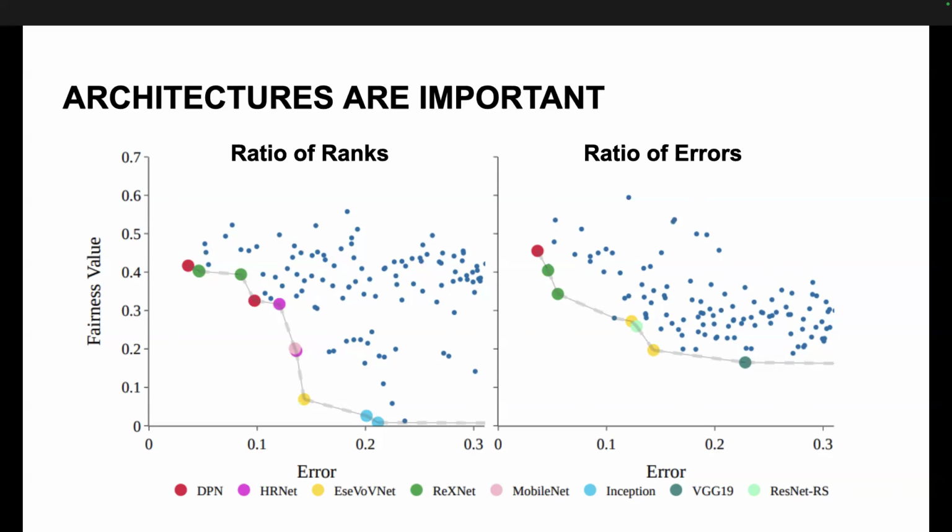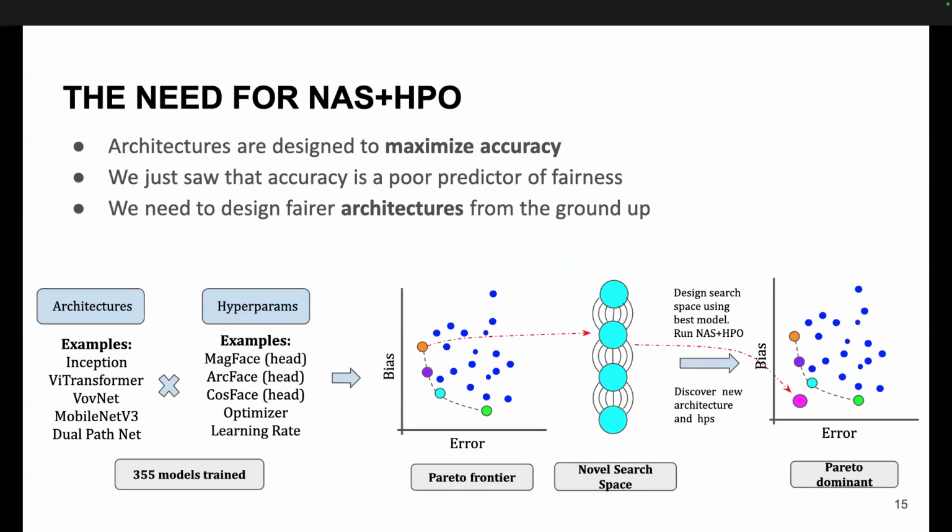And also in the previous slide and on this slide, I don't know if you can see my cursor, but in the lower left-hand side of all of these plots, there's not an architecture that is both highly accurate and has a low fairness value at the same time. So there's this opportunity to hopefully find some architecture that lives down in this lower left-hand corner of these Pareto plots. And taking a step back, it really lends itself perhaps to AutoML techniques, right?